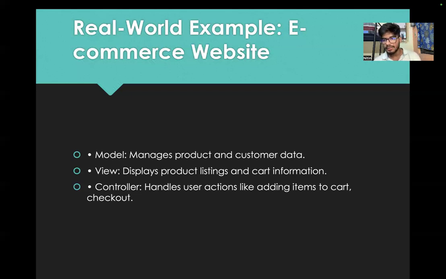So the delivery person comes to the retailer and gets the product, and then he will receive the message with the retailer's data and the product data, which will be given to the delivery boy through the controller by the model. So all the processes here are managed by the model, and the controller has to give this input to this person, and the view shows the input and output for the users